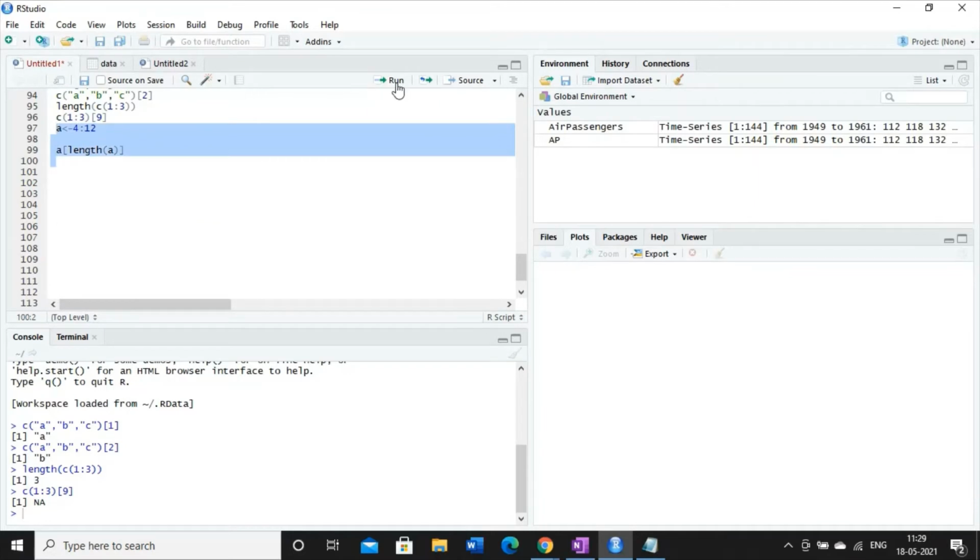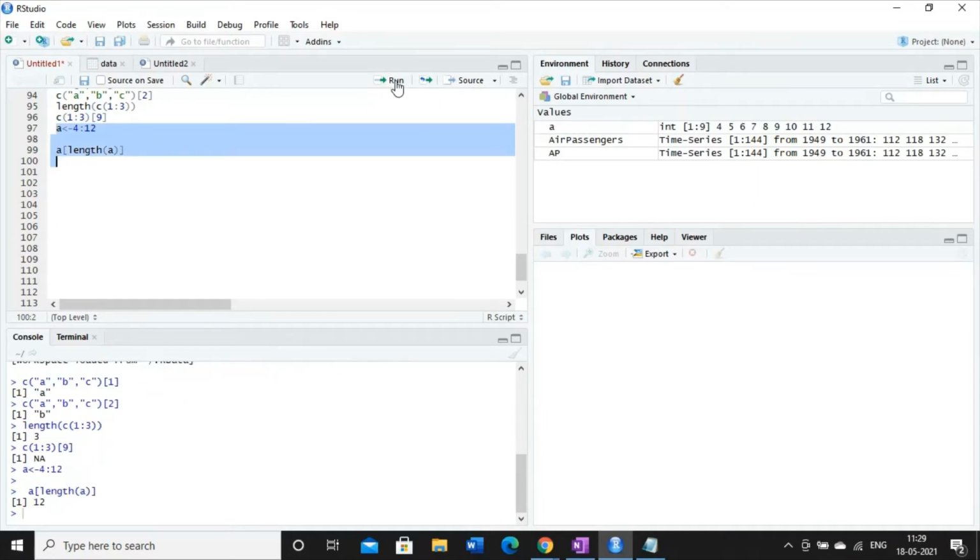Let me execute this code first. See, whenever I am executing this code, what is the output? Here the output is 12. Means a vector of length 12 is created, and whenever I pass the length function as a value in the square bracket, it is known as an embedded length function. So in that case, we can extract the last element of the vector.